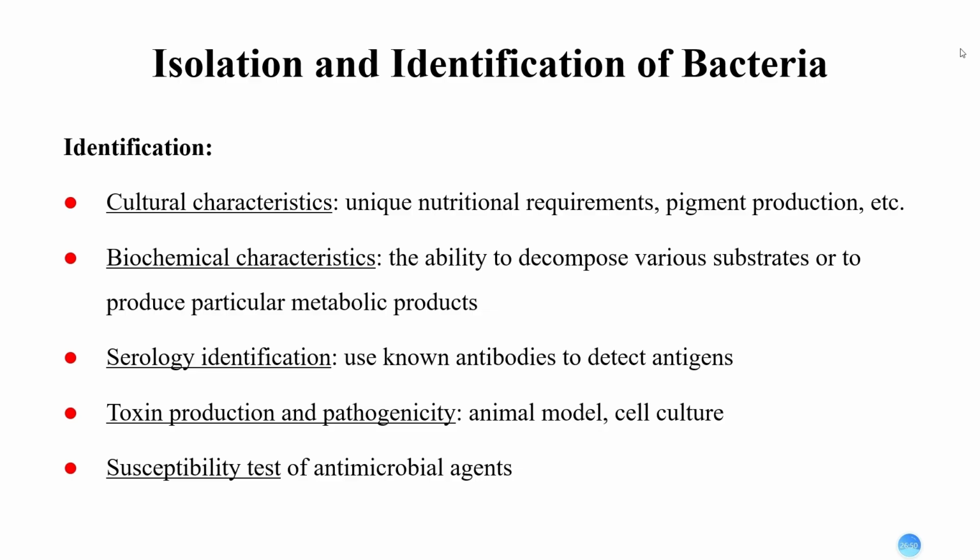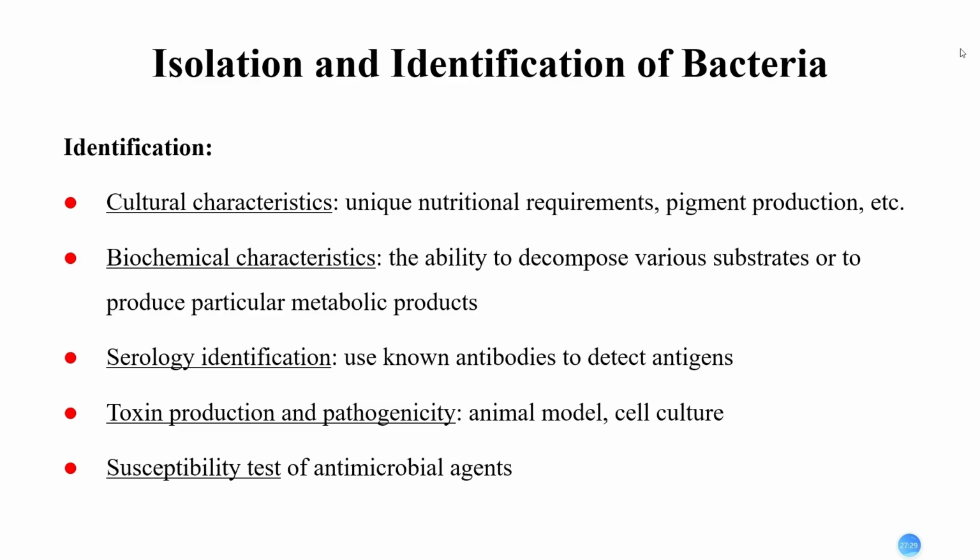Or the pigment production. Some bacteria produce special pigment, which is very characteristic. You can rely on that information for diagnosis. For example, Pseudomonas aeruginosa produces a water-soluble green pigment. So if you see the whole plate is stained with green pigment, you know that this might be aeruginosa or some Pseudomonas species. And also we can study their biochemical characteristics to see whether they are able to decompose,